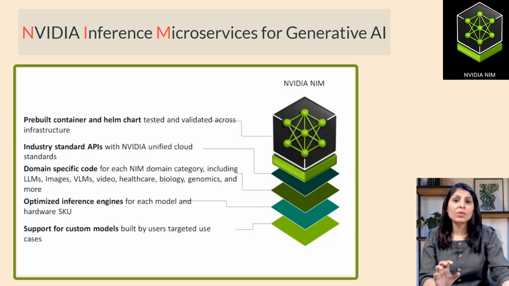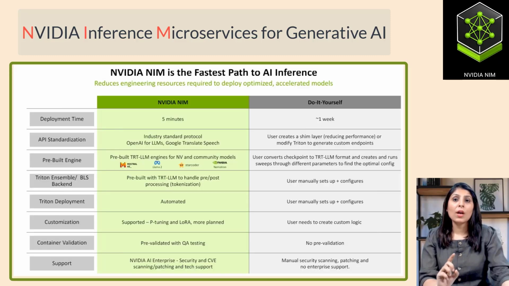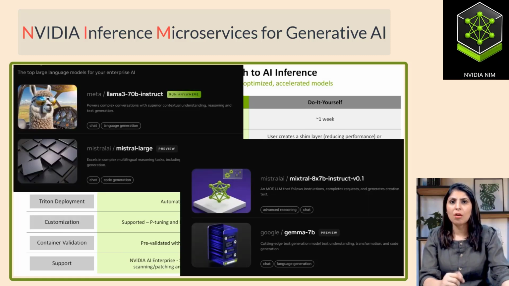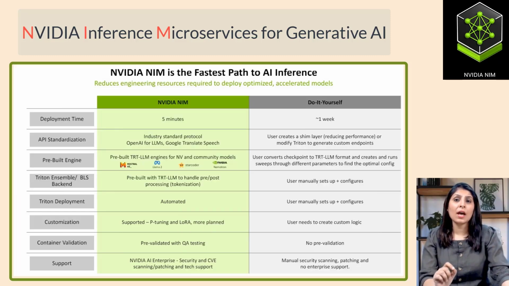Now let's talk about the benefits of NIM. One of the biggest advantages is easy deployment. You can deploy generative AI models like Llama 3, Gemma, Mistral and many more with just few clicks, and the pre-built containers make it simple to get started. Plus, NIM ensures that your data remains secure and under your control only.